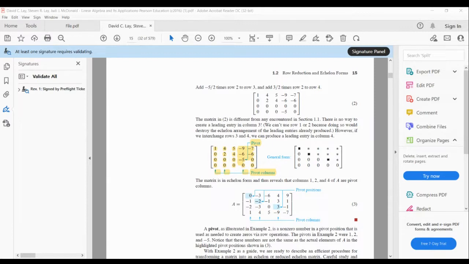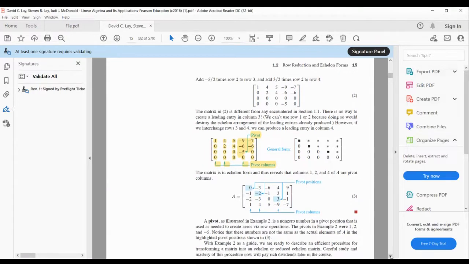I'm trying to just do this example with you and talk about it because the terminology is going to come up in your homework. Those multiple choice problems, for instance, they'll talk about pivots and pivot columns and so forth, and you have to know conceptually what those mean. A pivot,